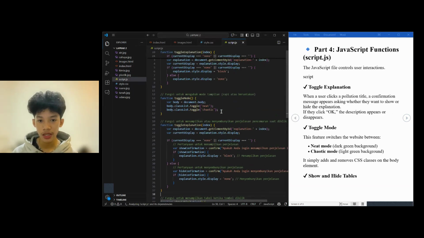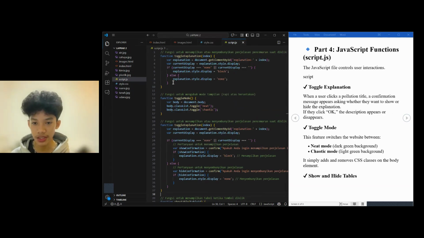Last page, script.js. The JavaScript file controls user interactions. Toggle explanation. When a user clicks a pollution title, a confirmation message appears asking whether they want to show or hide the explanation. If they click okay, the description appears or disappears.